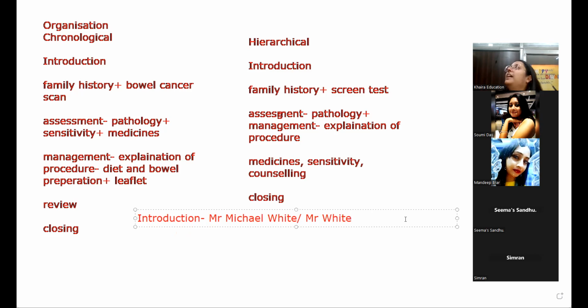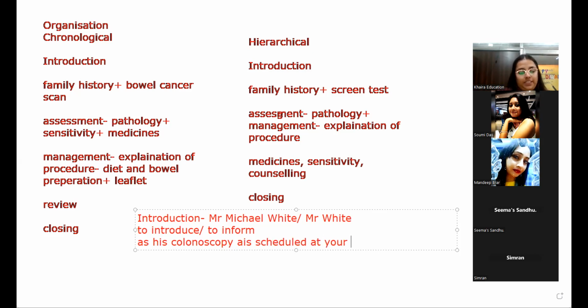The second question, what's the purpose of writing the letter? To introduce the patient and give information. Very good. Either you can write to introduce the patient or to inform about the patient, whichever way you want to write, it's fine. Third, why does the patient need a referral? Why is this information to be given? Patient is scheduled to undergo colonoscopy on 10th of June 2018. He has been scheduled for colonoscopy at their facility. Very good. As his colonoscopy is scheduled